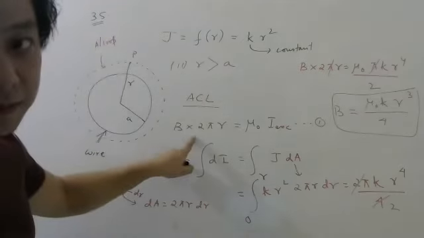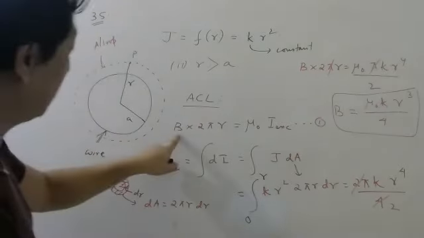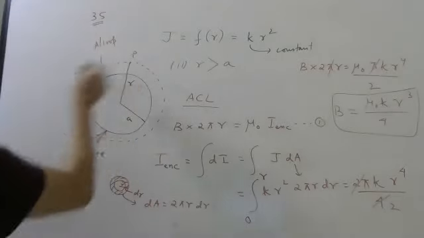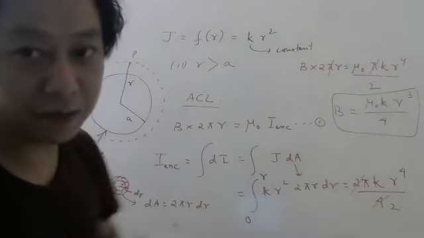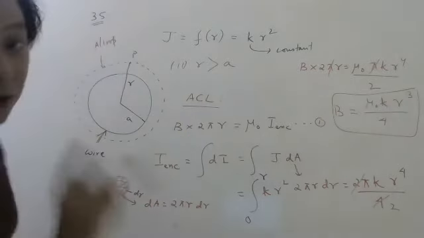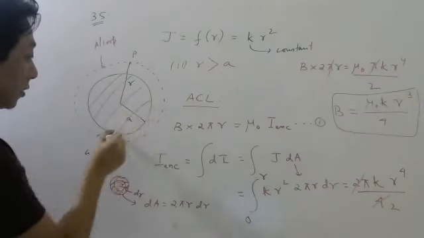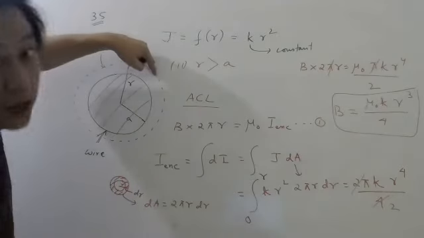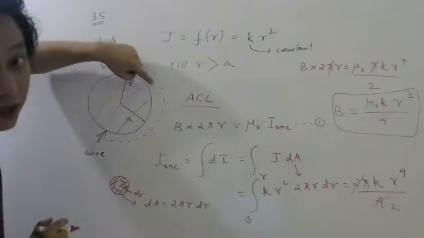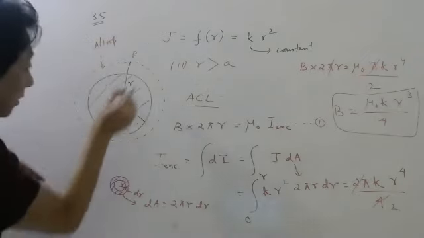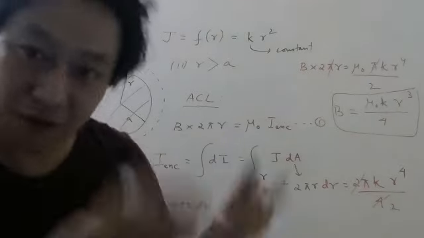Left side will be same because magnetic field will be like this only if current is coming out. So B will be this, will be 2 pi r, length of this loop. This also will be same. So equation 1 will remain same. Current enclosed. Now, this time current enclosed means current here. Correct or not? There is no current here. In this gap, there is no current. So current inside this will be this total current. So total current, that capital I, they have not given, so we have to derive only.